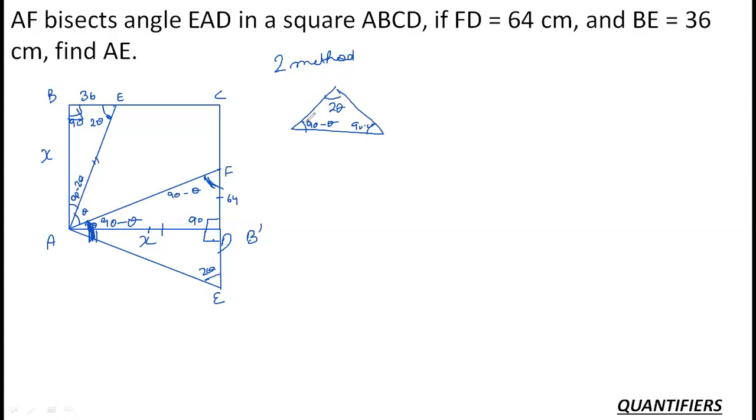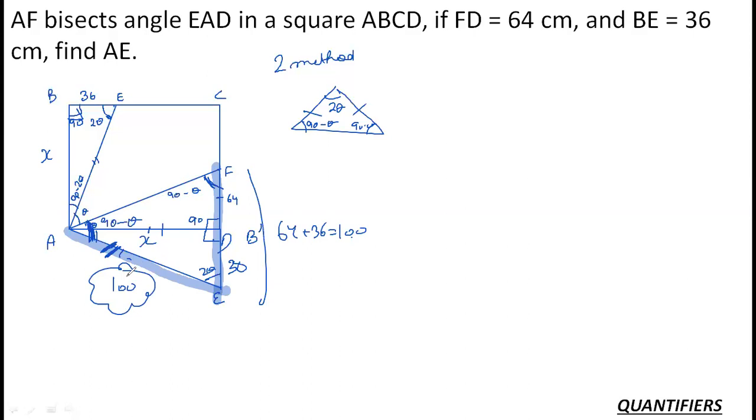So this is now an isosceles triangle and angles opposite equal sides are equal. So this side AE will be equal to this side FE. So if this is AE and then this is FE, the FE is nothing but, if this was 36, 36 is shifted over here. 64 plus 36 is equal to 100. So this is 100. This is again 100 and nothing else. So with this, I can complete my question of the day.